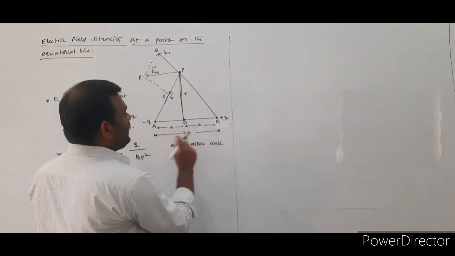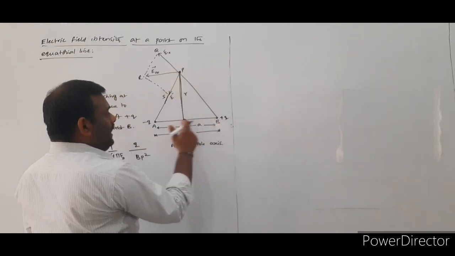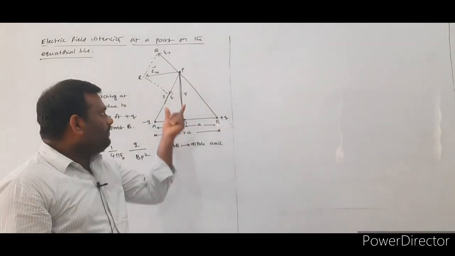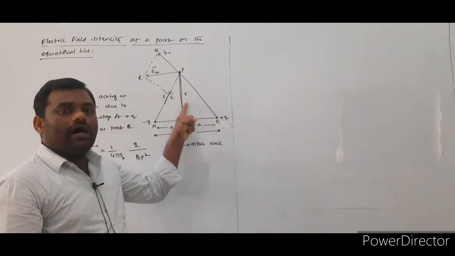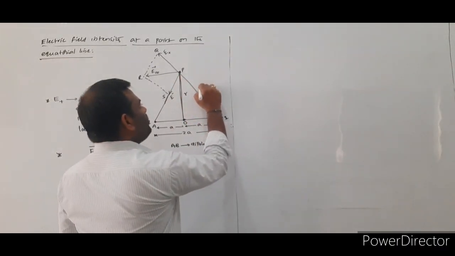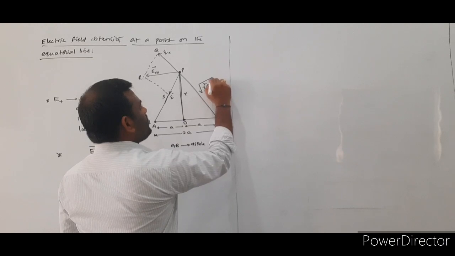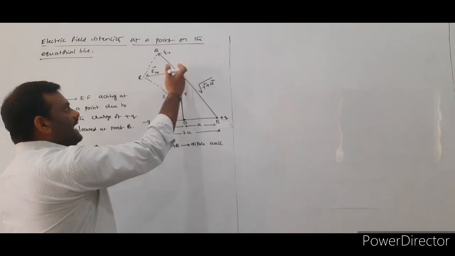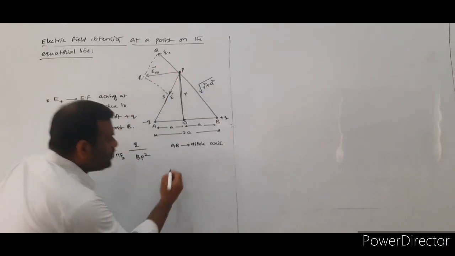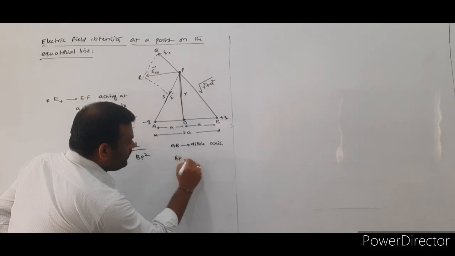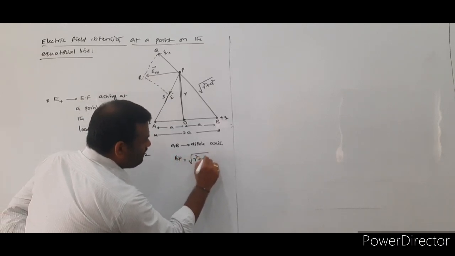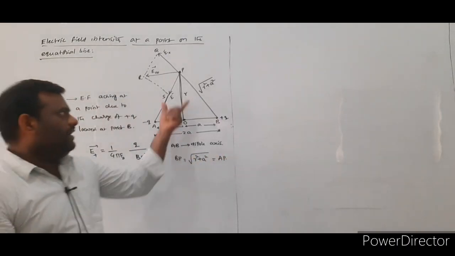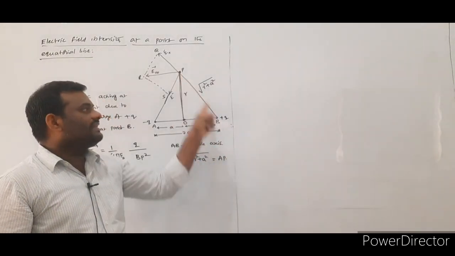See here, from the given diagram, BOP will be the right angle triangle. We know the adjacent side lengths a comma r, so that the hypotenuse value is equal to under root of r square plus a square. Similarly, the hypotenuse AP value also remains same, so we will write BP value is equal to under root of r square plus a square, which is also equal to AP.